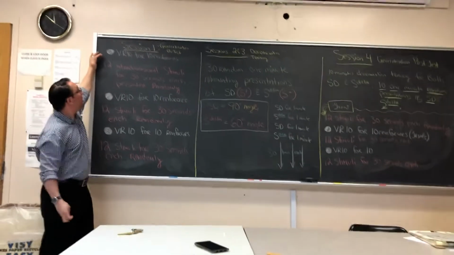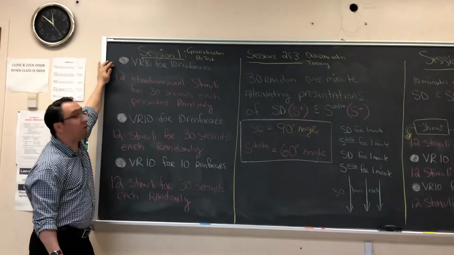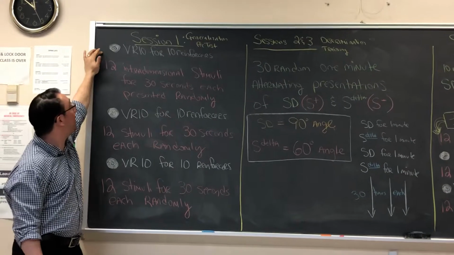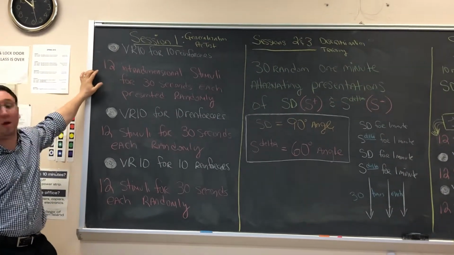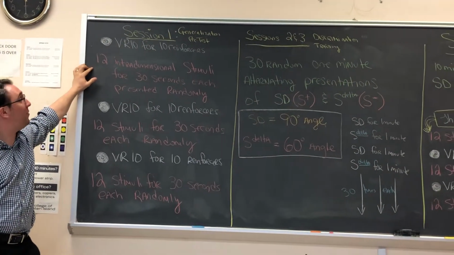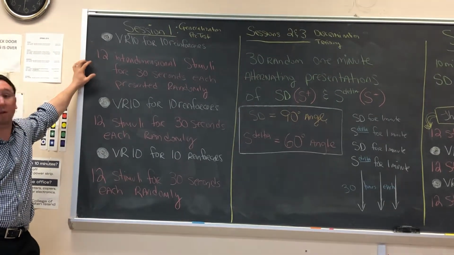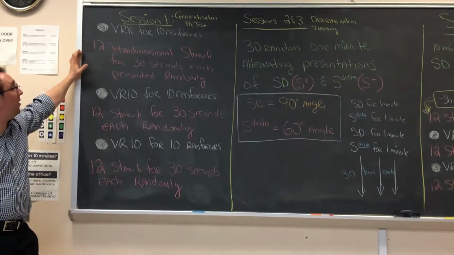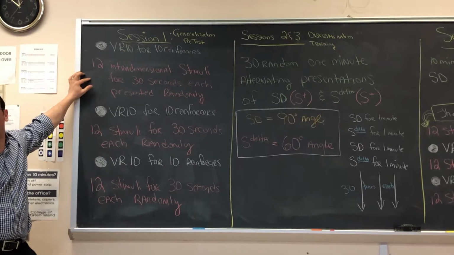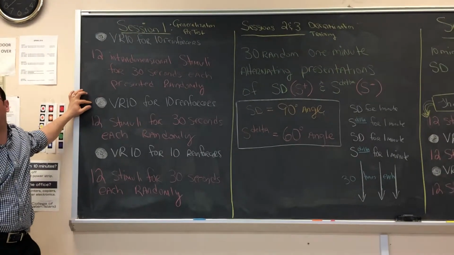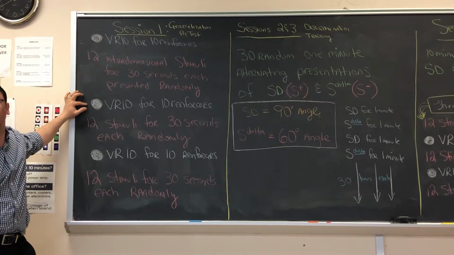Started with a variable ratio 10 schedule for a total of 10 reinforcers. After the 10th reinforcer, we presented each of the 12 stimuli for 30 seconds each, randomly. After the 12th stimulus was presented randomly, we then had another variable ratio schedule attached to a white circle stimulus